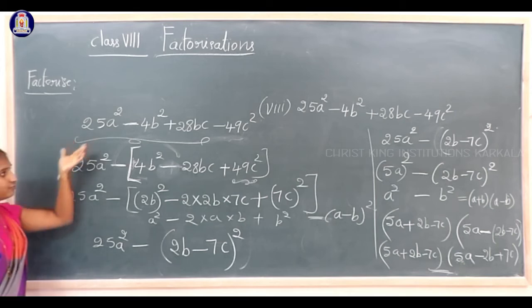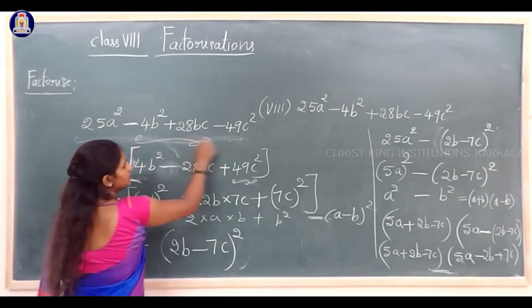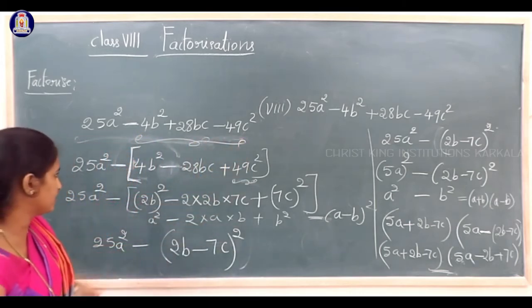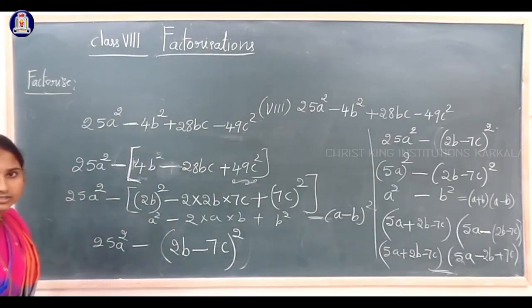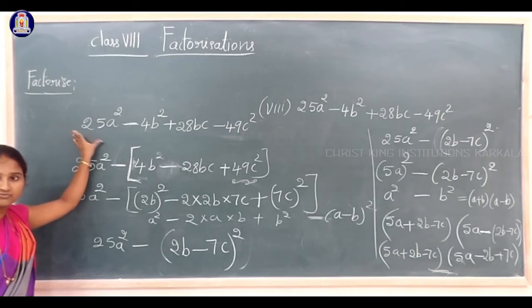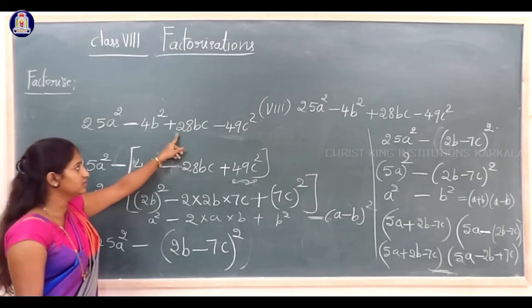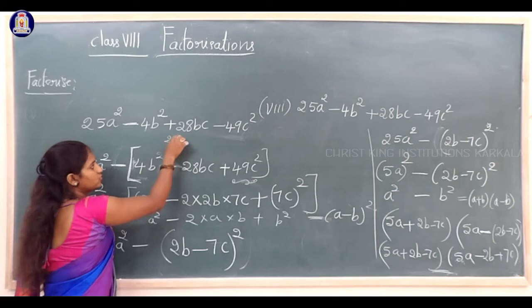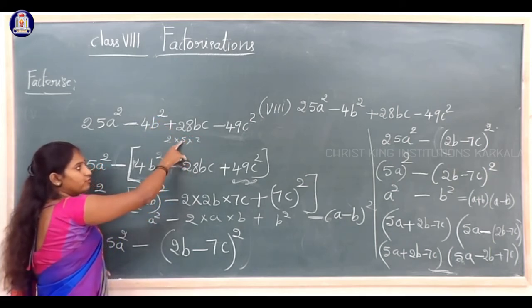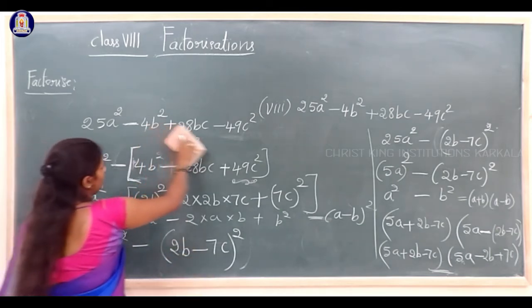Just write and see in the rough book whether we can factorize the first three or last three terms. Okay. Here I consider the last three terms because taking the first three is difficult. Why? Because here a square is 5 square, 5a square. And if you expand 28, in 28 we cannot get 5, isn't it? 2 into 5 into 4 square is 2. So 2 2s are 4, 4 5s are 20. So it's not possible. So you take the last three terms.